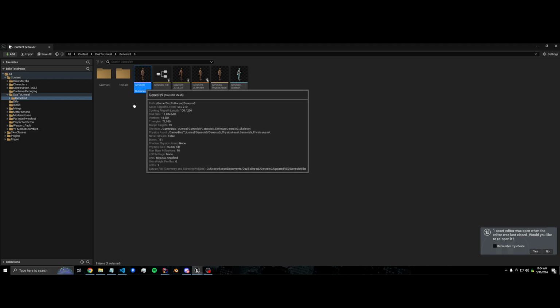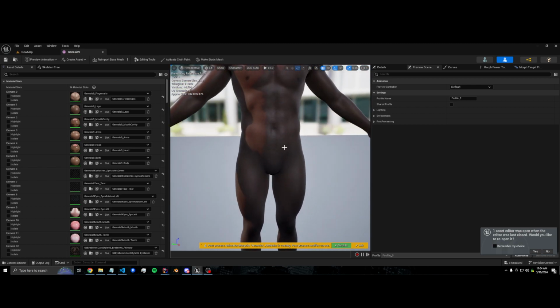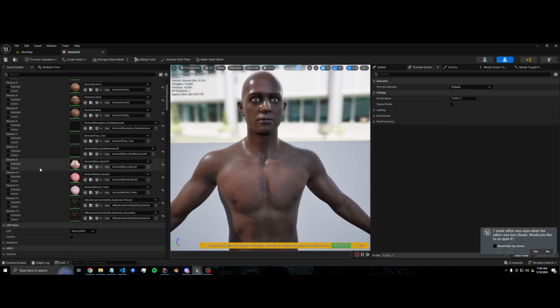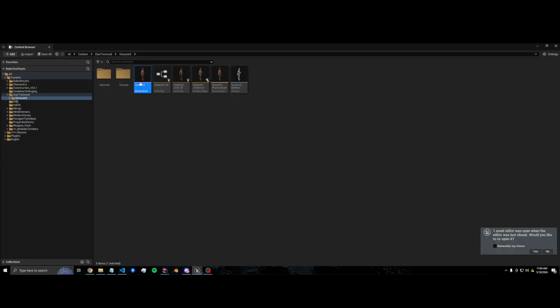Here I have a skeletal mesh. I just imported it from DAZ. It's just base Genesis 9. I didn't change the materials at all, so it's got a ton of slots. It's not optimized at all. So the first thing I'm going to do, actually I'm going to duplicate it first because I don't want to mess with the original. So if I duplicate it and open it up,